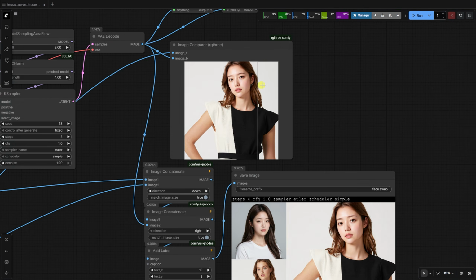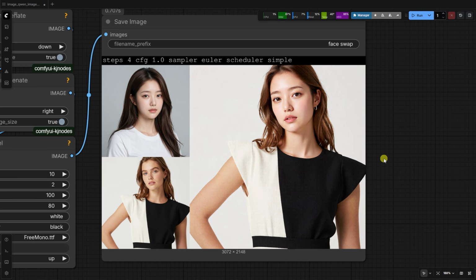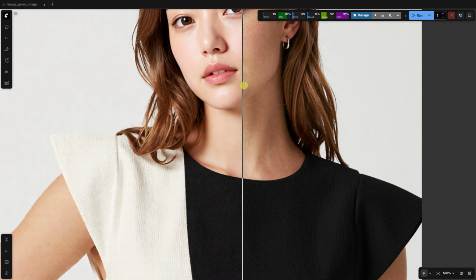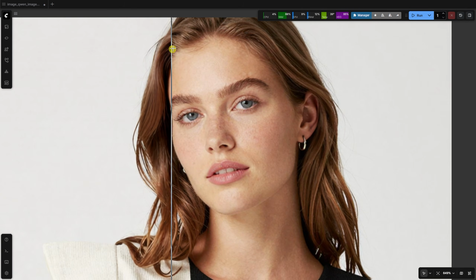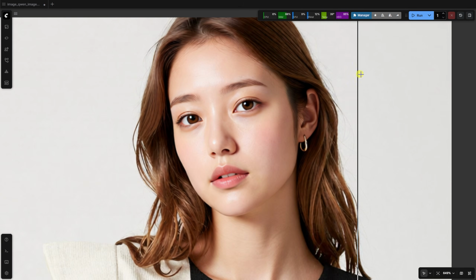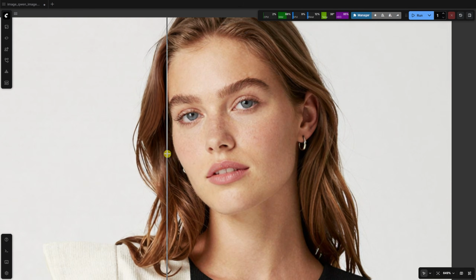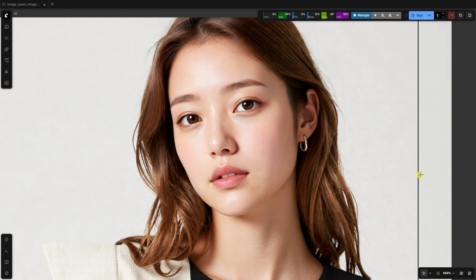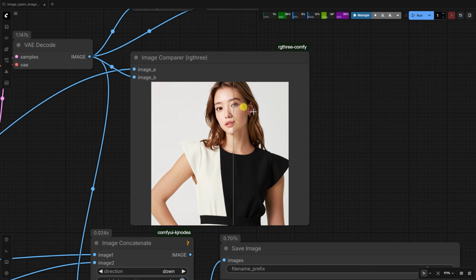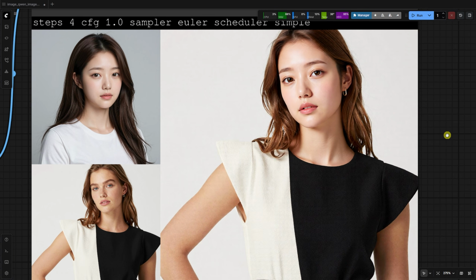While the results are effective, there is an important nuance to note. Because we are using a face LoRA, the original Western model's jawline remains dominant. The result is an Asian face with a more squared structure. This highlights the distinction between a resemblance swap and a full identity swap, a challenge we will resolve later using